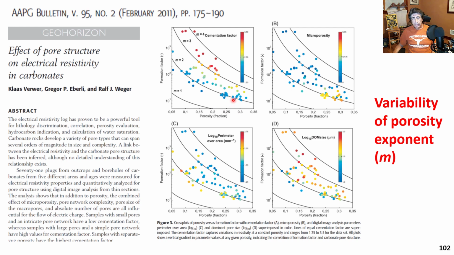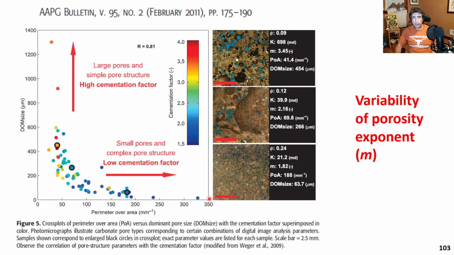And typically when the aspect ratio of the variability of the pore sizes increases in the rock, then you can have, for the same porosity, different values of m exponent. And the value of the m exponent has to do with this efficiency or lack of efficiency of transport of fluids in the rocks. And here's another plot from the same paper where the authors plot